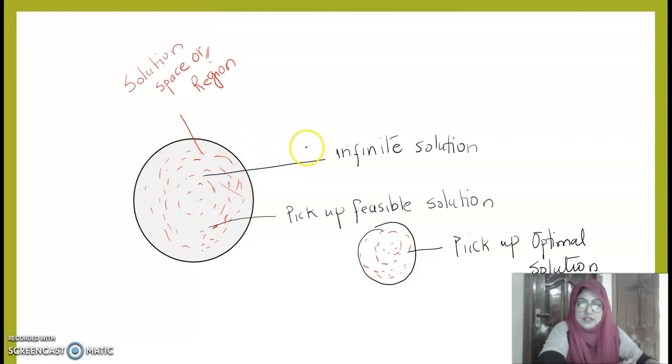From this infinite solution space, we have to pick up some feasible solutions, like 5, 10, 15 feasible solution points which we can go for. Then out of this feasible region, again we have to narrow it down. We have to pick up only one solution, which is called the optimal solution, and this solution is the